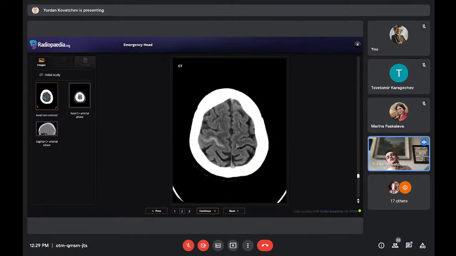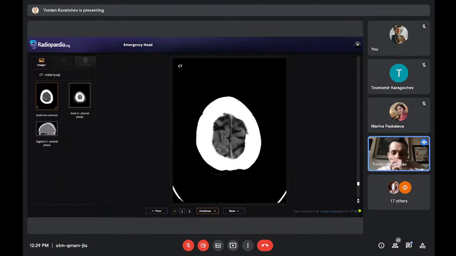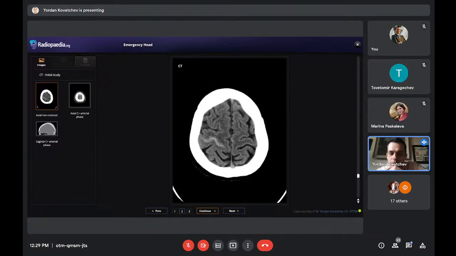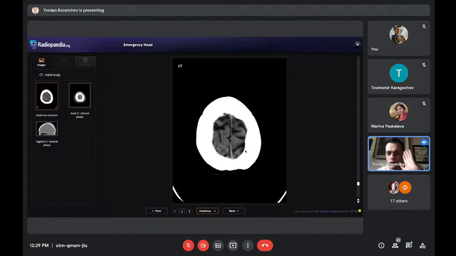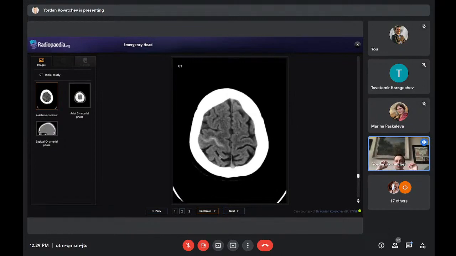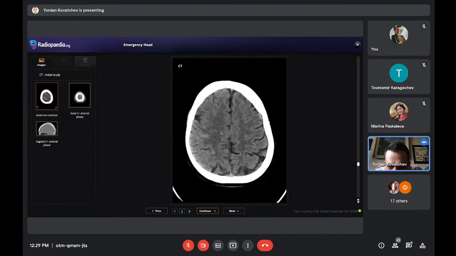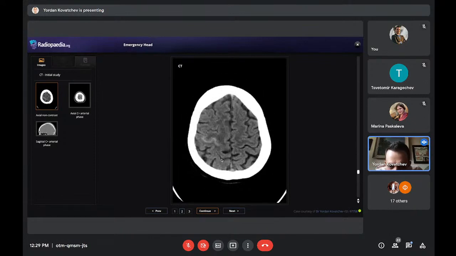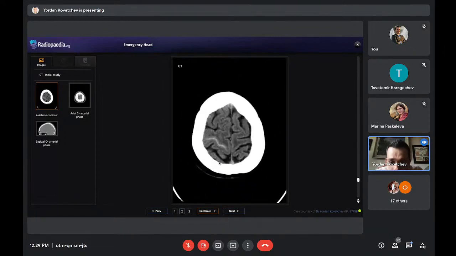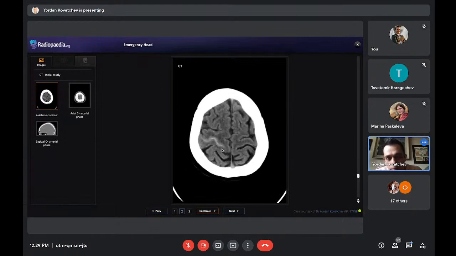And then I go up, and at this point, I noticed something that Dr. Karagechev will explain to you now in more detail, but this is subarachnoid hemorrhage. You'll see that now, don't worry about it. What I want you to focus on more, and it's really discrete, and if someone can guess it here, they should become a radiologist for sure. I noticed it only after I saw the hemorrhage, but basically look at both sides here. Both sides of the brain, they look pretty similar, right?